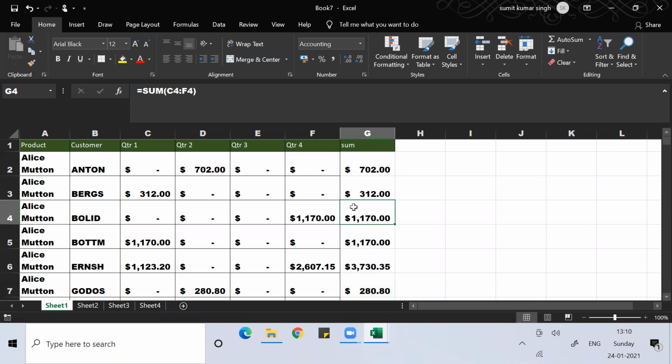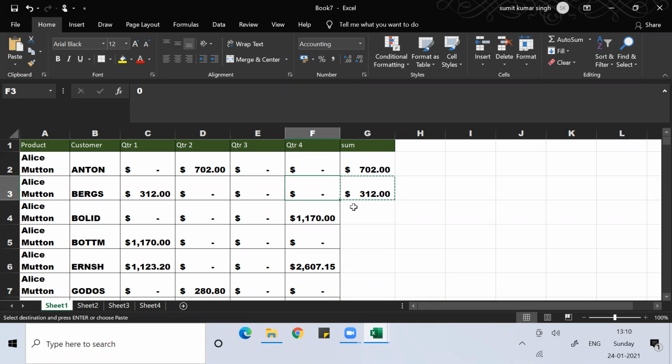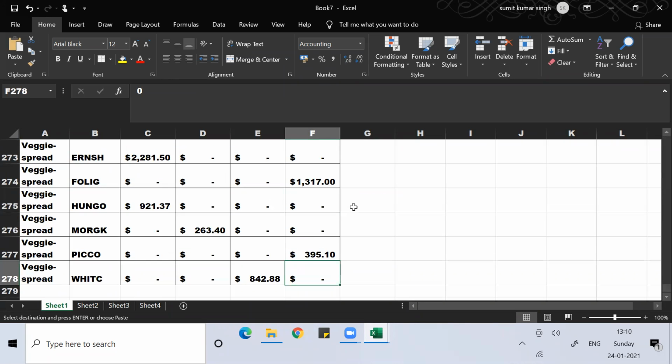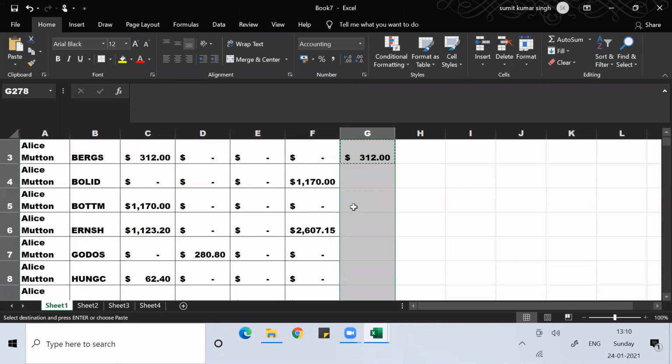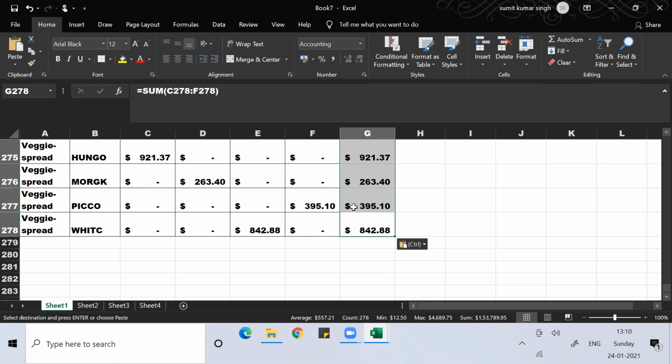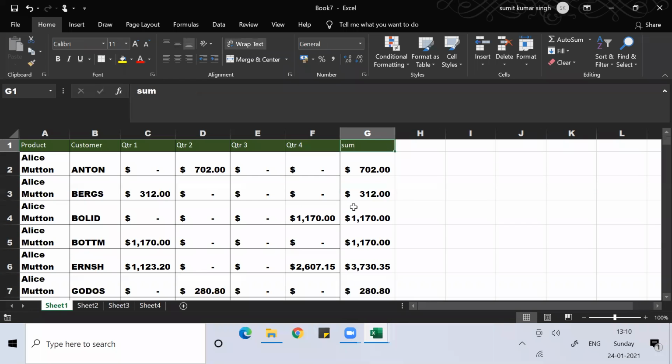Okay everyone, so that part you can do. Or manually, what you do is copy this, then left arrow, Control Down arrow, then right arrow, then Control Shift Up arrow, then Control V. So the sum will happen for all the data. So manually you don't have to do the sum.